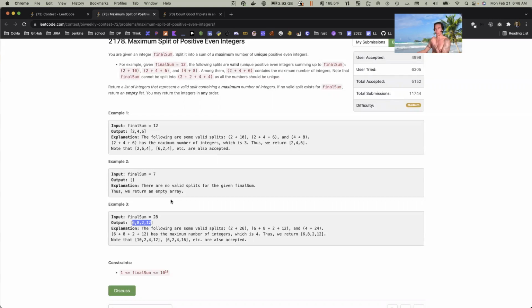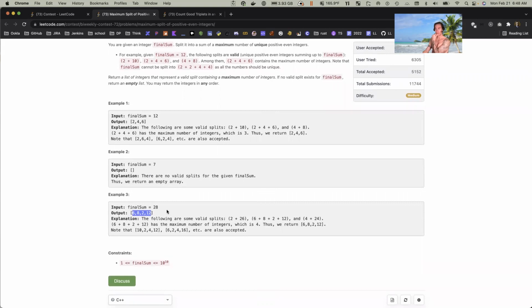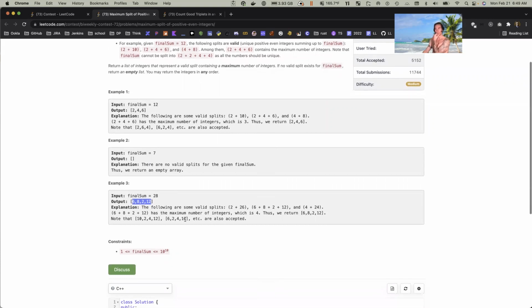Yeah, this one's weird offhand. I'm not sure exactly how to find it. Okay, the k here is 4, right? There's 4 values. 2, 4, 6. Yeah, it doesn't make sense to go